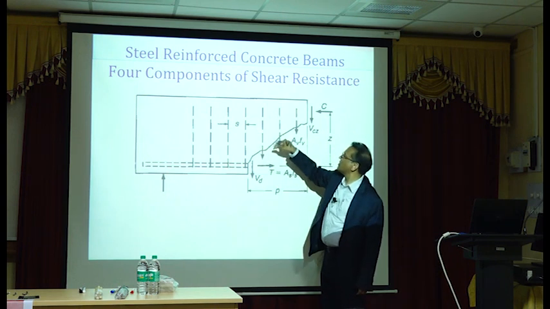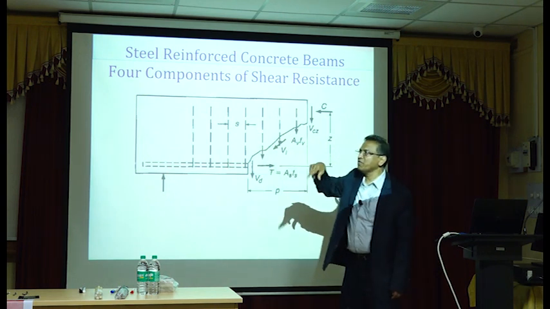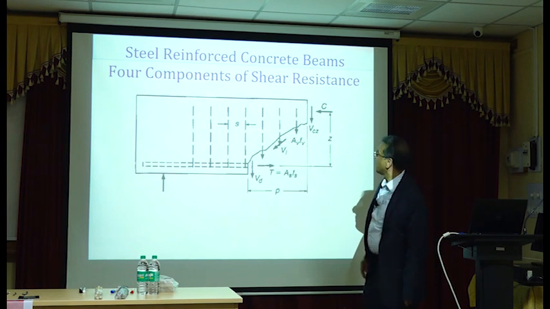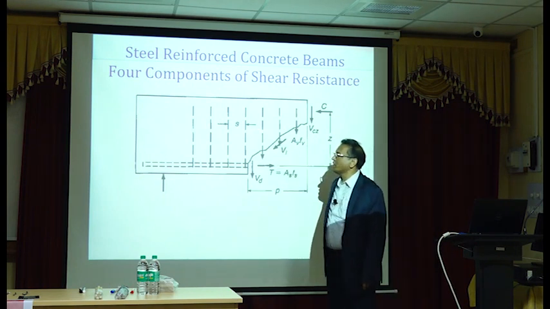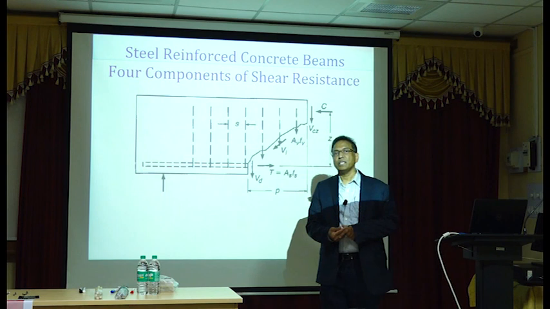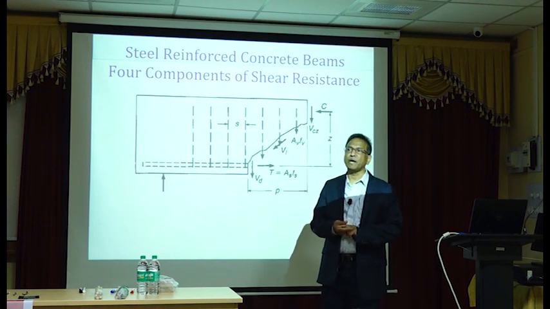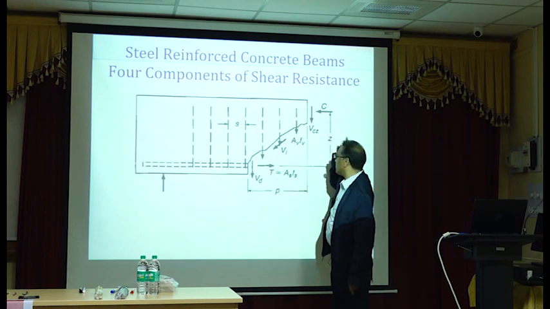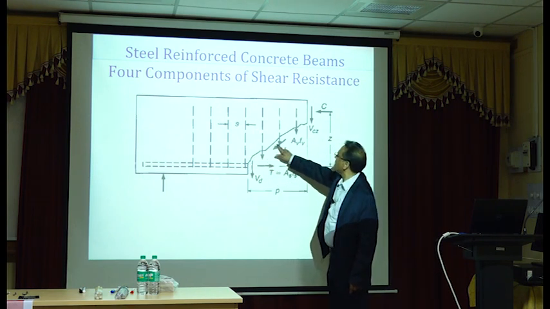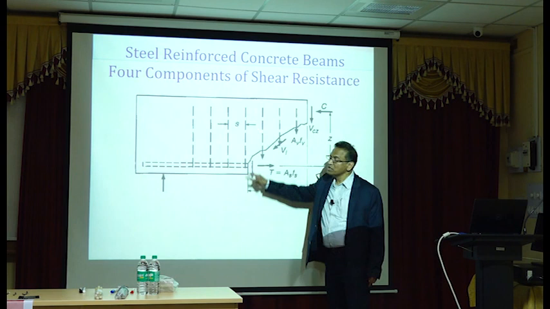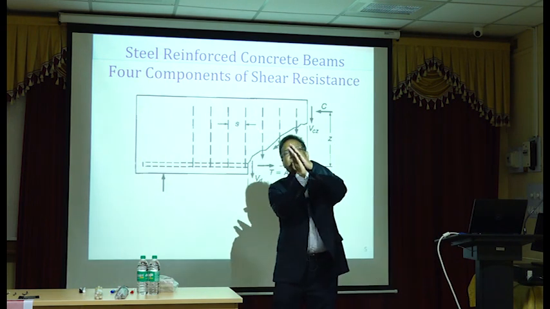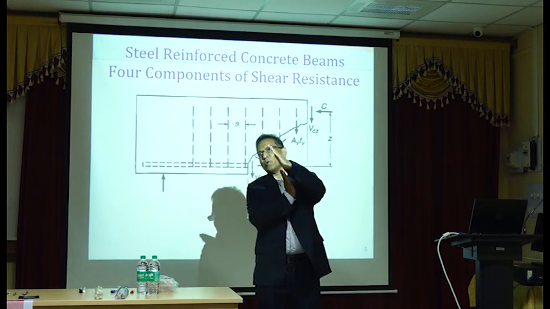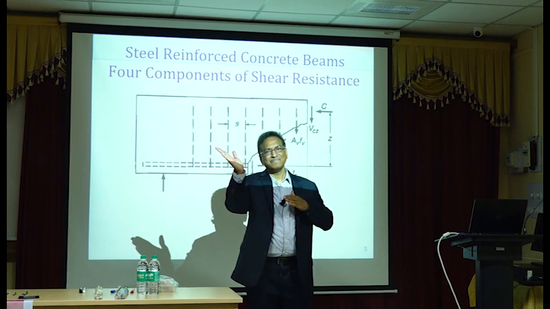These stirrups, vertical reinforcement, shear reinforcement. If it is FRP reinforcement, then the strength is large. But there is a problem. I'll talk about that in a minute. Then you have aggregate interlock, right? If you have very wide diagonal cracks, you will have no aggregate interlock at all, right?